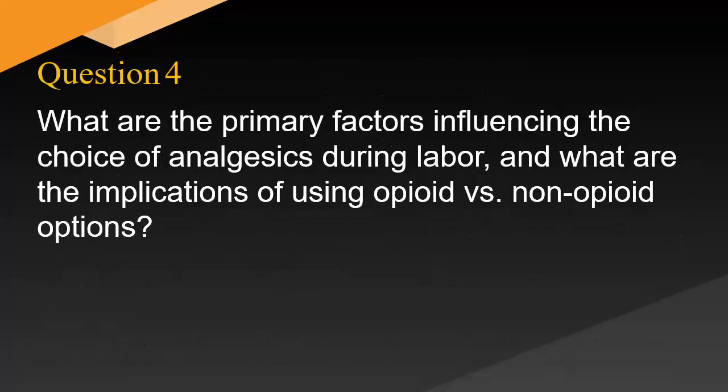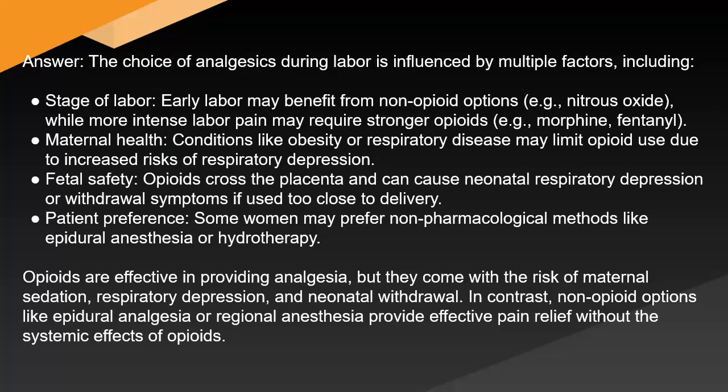What are the primary factors influencing the choice of analgesics during labor, and what are the implications of using opioid versus non-opioid options? Answer. The choice of analgesics during labor is influenced by multiple factors, including stage of labor. Early labor may benefit from non-opioid options, e.g., nitrous oxide, while more intense labor pain may require stronger opioids, e.g.,